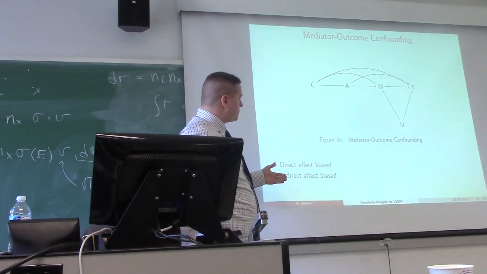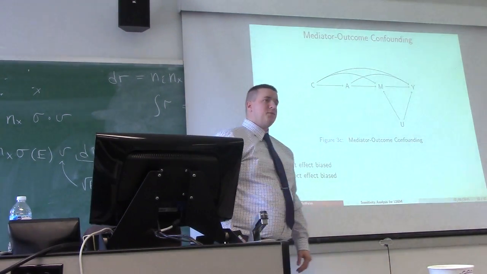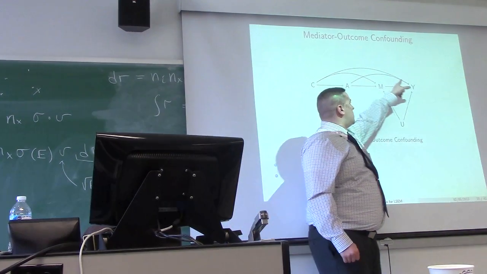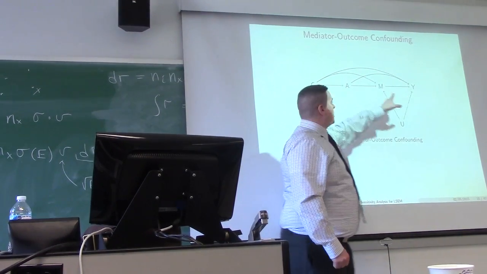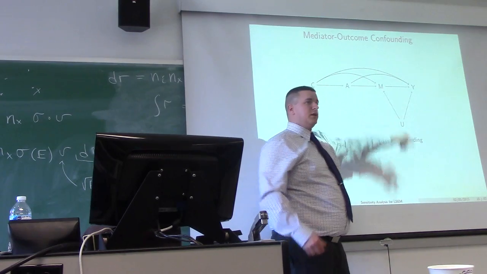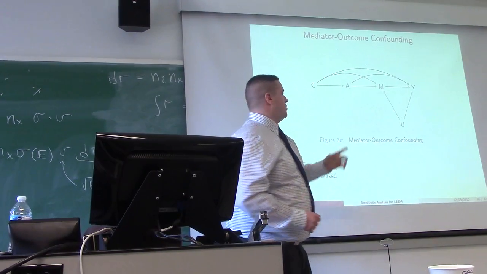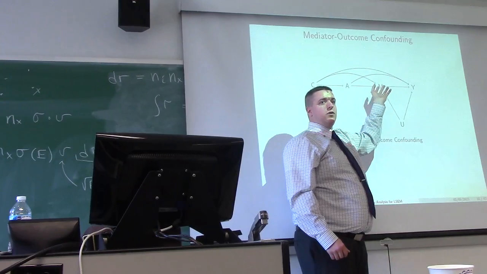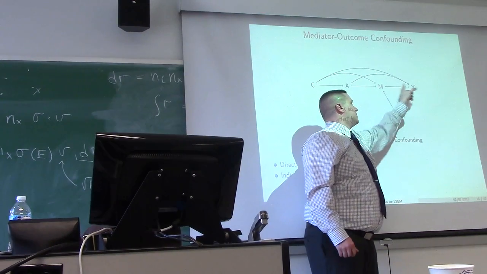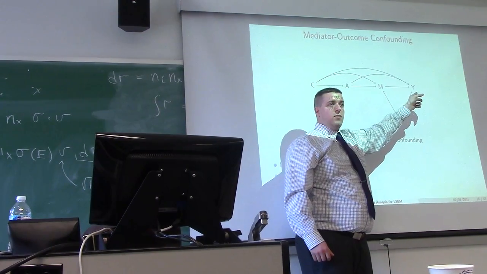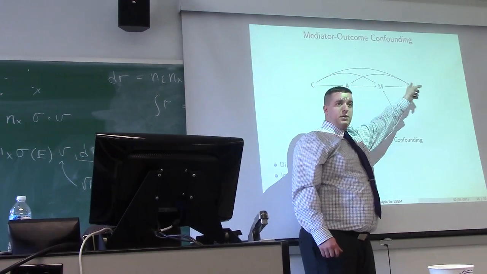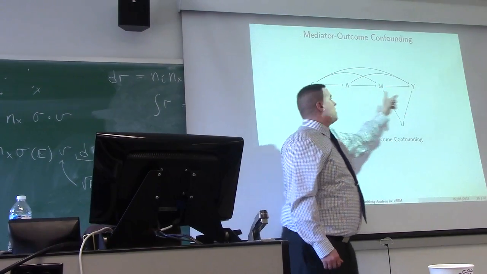So both the direct and indirect relationships are biased in this one. And the reason for that is when you try to identify this direct effect, you actually condition on the mediator. When you condition on this mediator, you set this to some sort of specific value. When you set it to a value, it no longer has any kind of variation that affects the outcome. So there should be no relationship between these two. However,